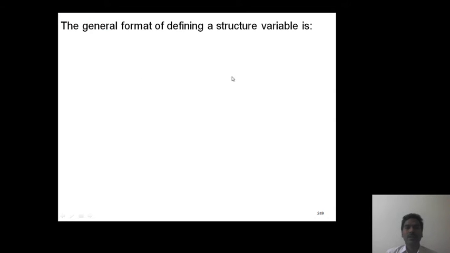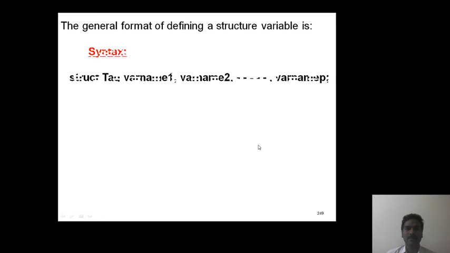Now, how to define a structure variable? For this, we follow the syntax struct tag, which refers to the data type, followed by the names of the variables like variable name 1, comma, variable name 2, comma, and so on, variable name p.